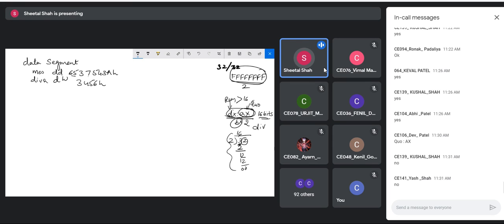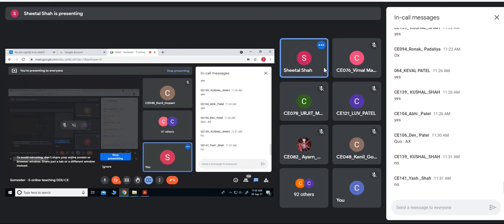First I'll try to divide the 6537 with 3456. Okay. Once the division is done, the quotient I am getting, I'll store somewhere, whereas the remainder I am getting, I am concatenating with the next number, and once again I am trying to divide these two numbers. Are you able to understand this? This is what we are trying to do in this particular case. Hello. The algorithm, have you understood?